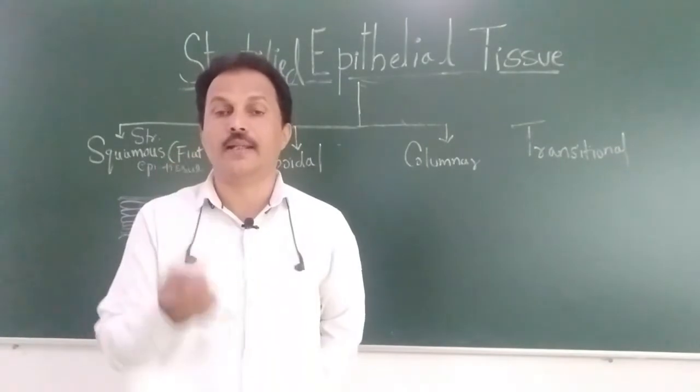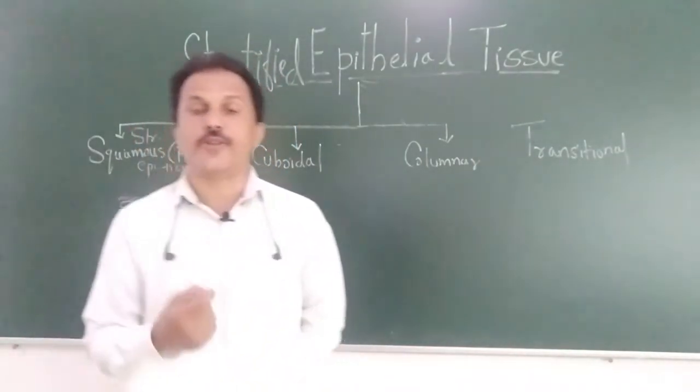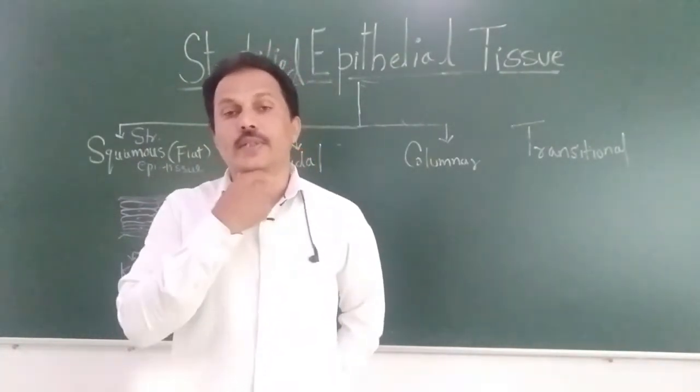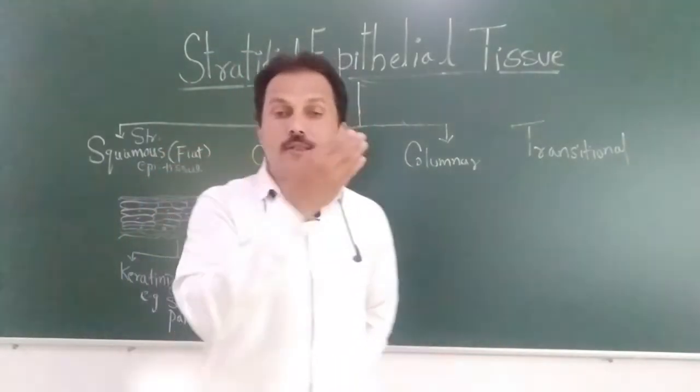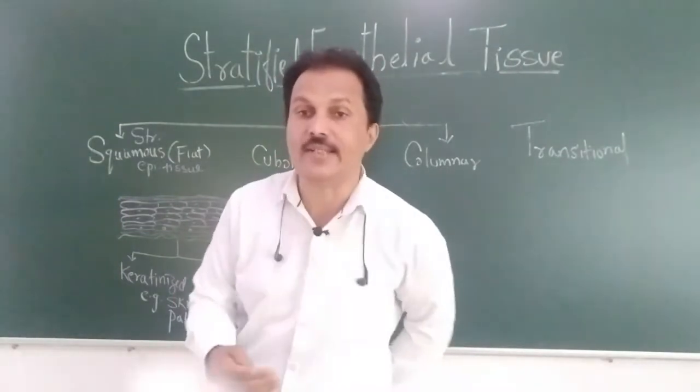When the food we eat goes inside, friction is created at that place. There is friction when we engulf the food. So in the lining of the esophagus you will find stratified squamous epithelial tissue. I am talking about the non-keratinized type.